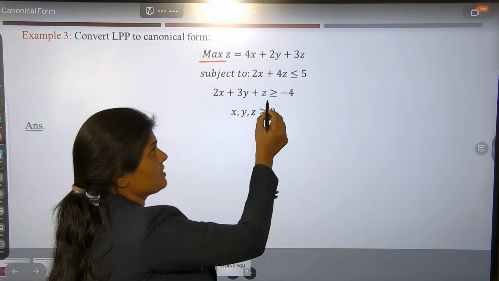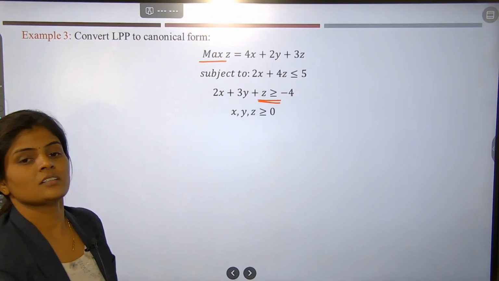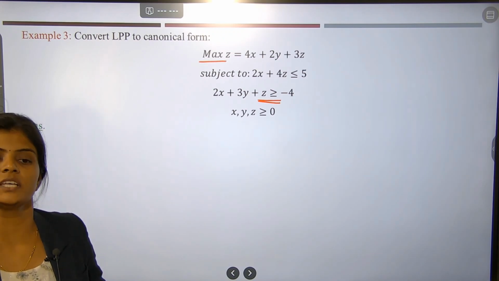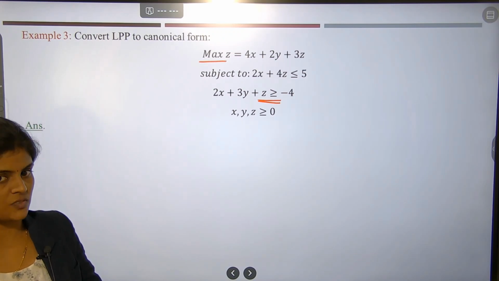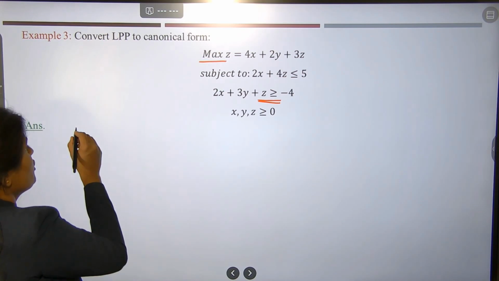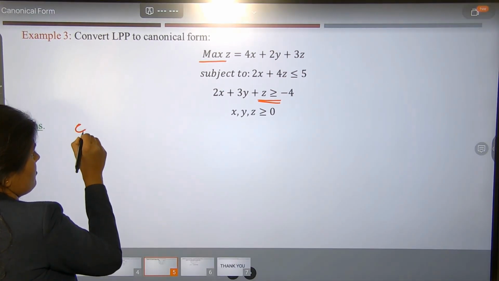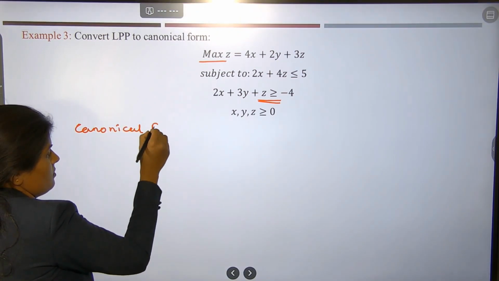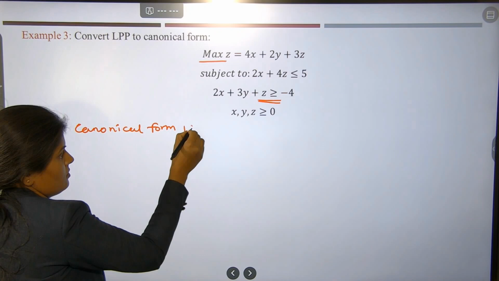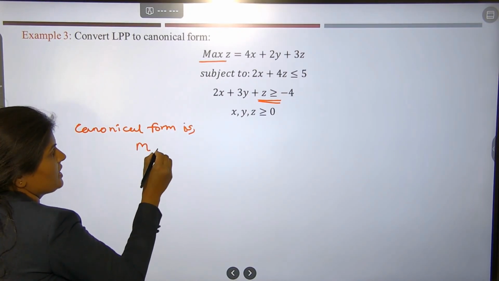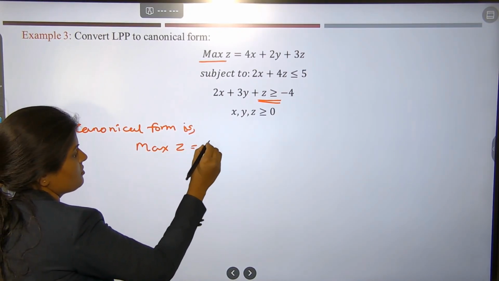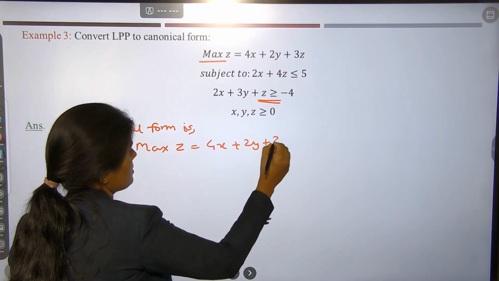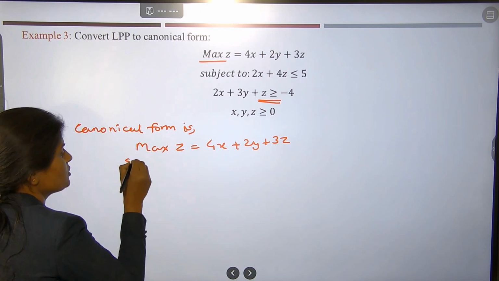But in the second constraint, this constraint is of greater equal type, so we convert that constraint into less equal type by multiplying by minus 1. So the required canonical form is: maximize Z equals 4x plus 2y plus 3z subject to